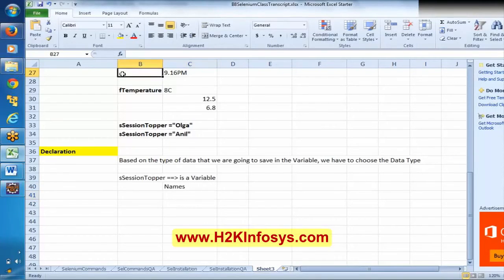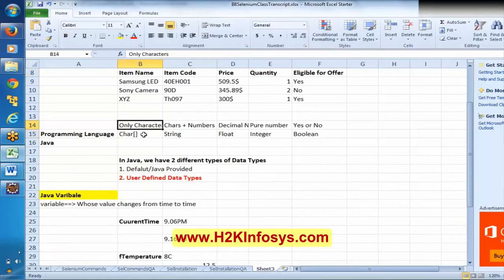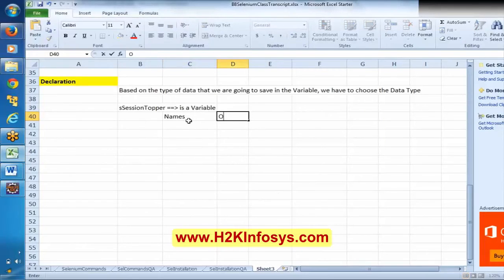Of course, here we understood that it is an array of characters. If it contains only characters, we can say array of characters. I'm talking about the type of the data. So basically sSessionTopper contains the names, like Olga. Okay, these are the names, right?